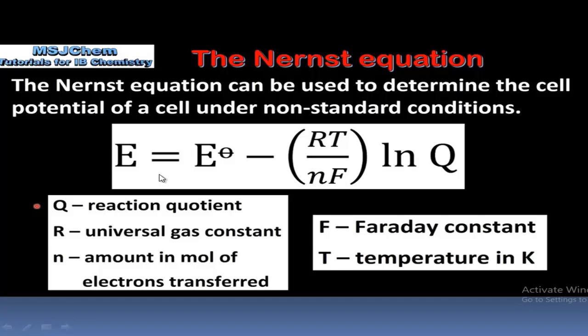Follow here, this is known as the Nernst equation. This is the non-standard state electrode reduction potential. This is the standard state electrode reduction potential. Here R denotes the molar gas constant, T is temperature in the Kelvin scale, n is the number of transferred electrons in the redox reaction, F is the Faraday constant, and ln Q. Q actually represents the reaction quotient.